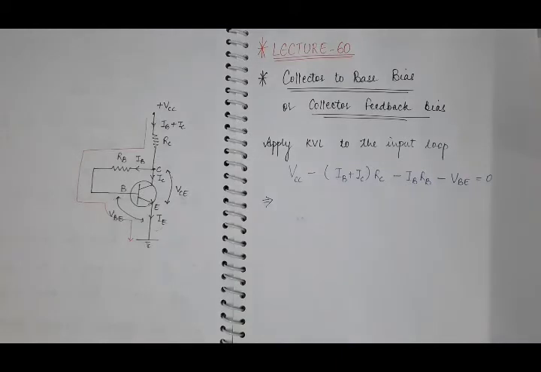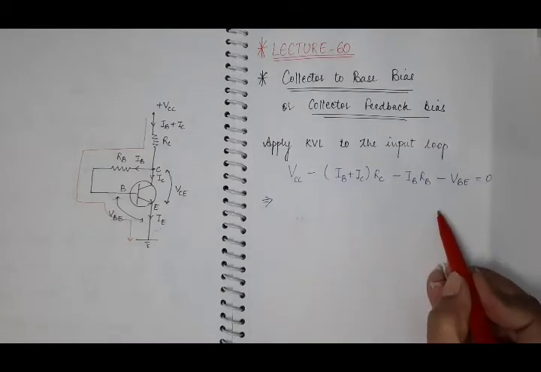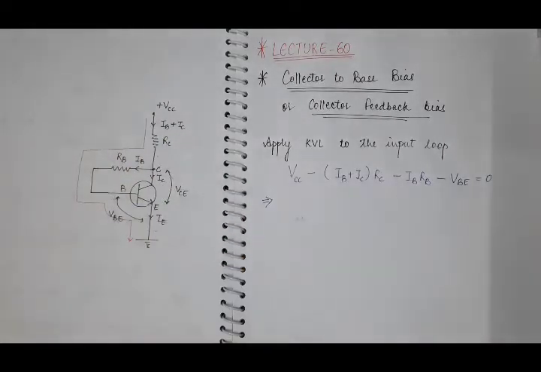Now we have to find the value of the operating point. What is the value of the operating point? The value of IC and VCE. So our main motive here is to calculate the value of IB. We know that this is part of a common emitter amplifier, in which the current gain is beta, and it is IC by IB. So IC will be beta IB. After calculating base current IB, you can calculate collector current beta IB. That is one coordinate of the operating point.